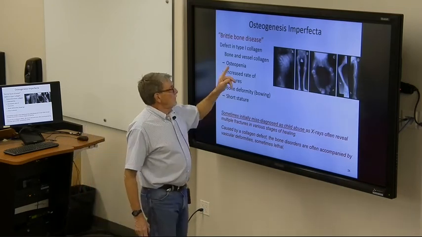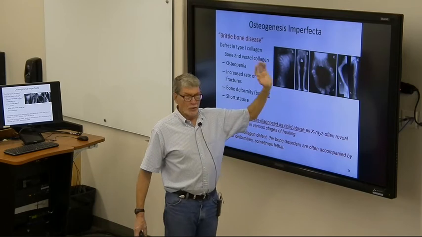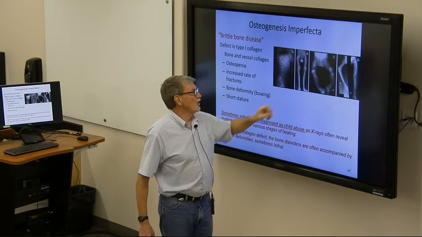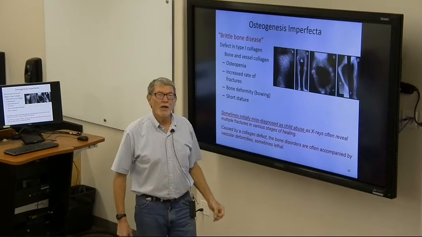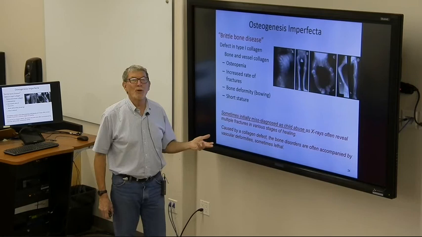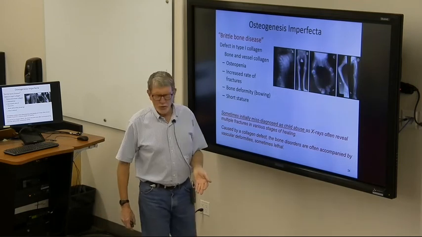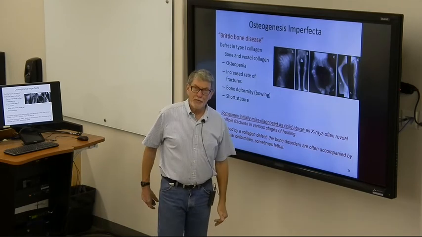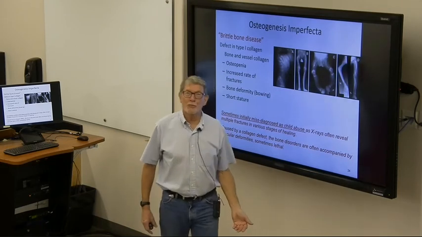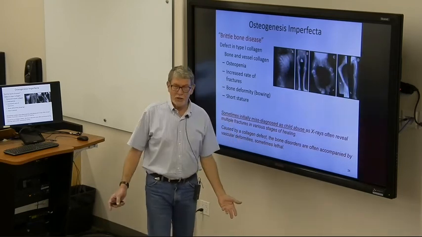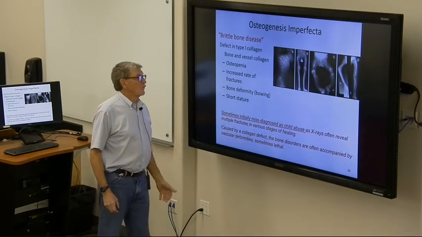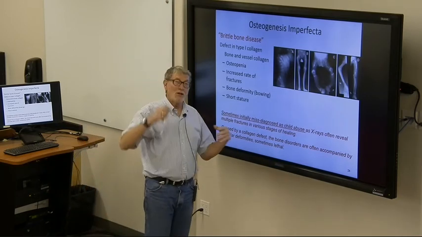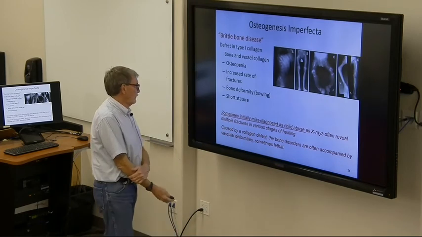And so, if it's this bad, you know that your baby's got something really seriously wrong with them. If it's just kind of a touch of it, though, it's sometimes confused with child abuse. The parents are pretty sure their child has a broken leg, so they bring the child in and they x-ray it, and they find out that same leg has been broken 4 times in the past, and they suspect that the child's being beaten. So you've got to be careful, make sure you report child abuse, but make sure it really is child abuse before you report it.